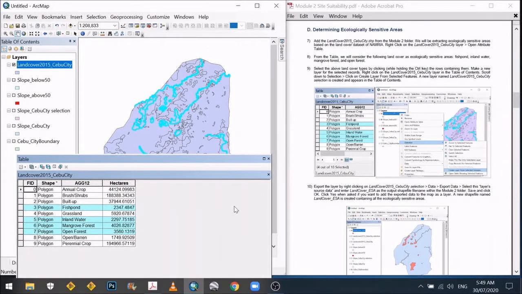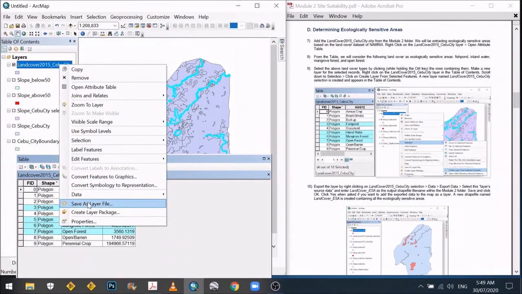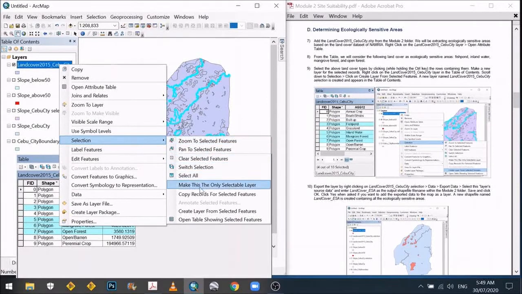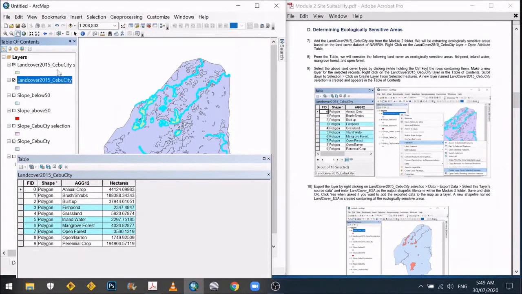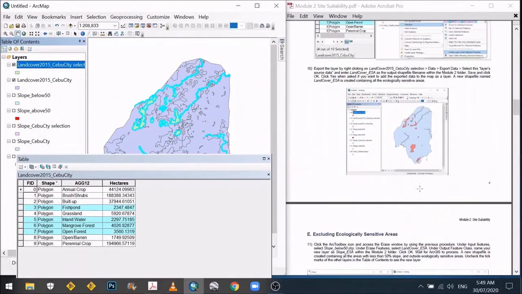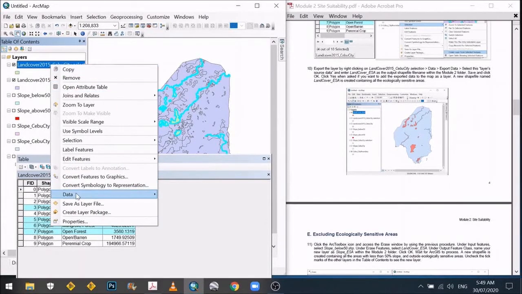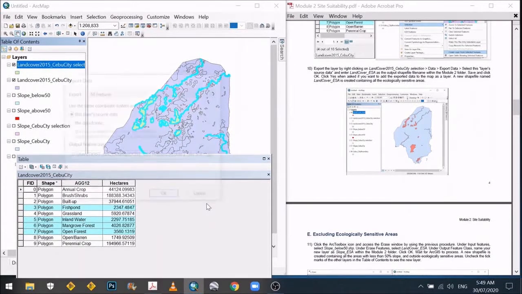Now we will make a new layer for the selected records. Right click on the land cover 2015 Cebu City layer in the table of contents, scroll down to selection, so the same process as before, and then create layer from selected features. Now a new layer named land cover Cebu City selection, let's move this first, is created and appears in the table of contents. Now we will export this layer by right clicking again, and then data, export data,